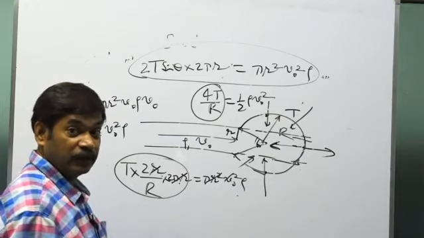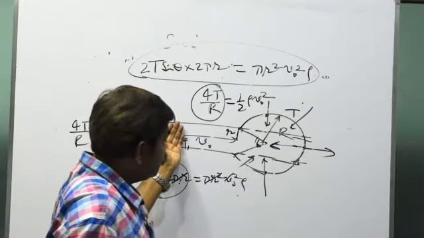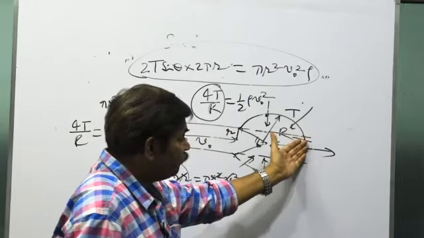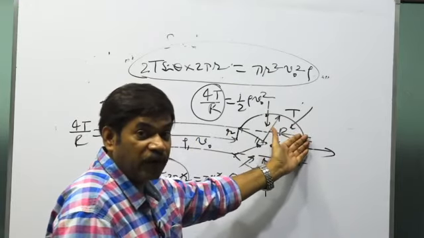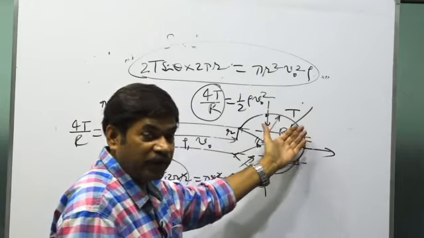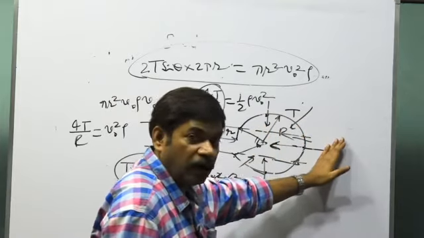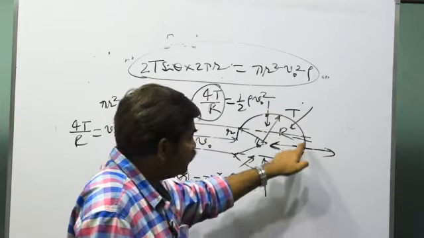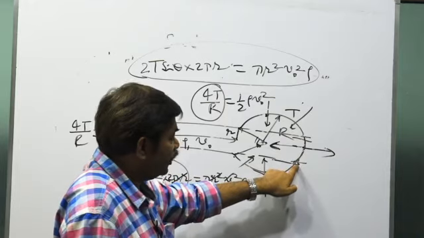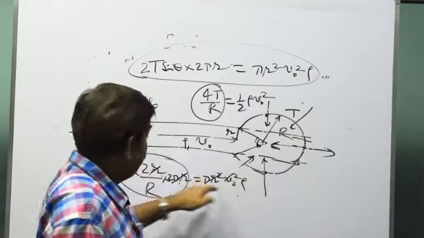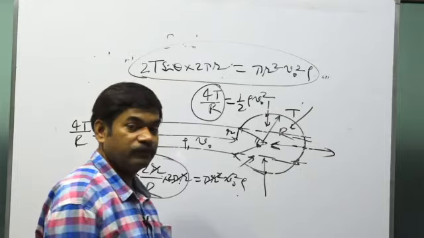The reason being, the air that was striking was carrying a momentum, and the momentum is stopped. Due to that, a force acts on it, and the direction of that force is outward, and the force of surface tension on this part of the film is in the inward direction, so it balances it.